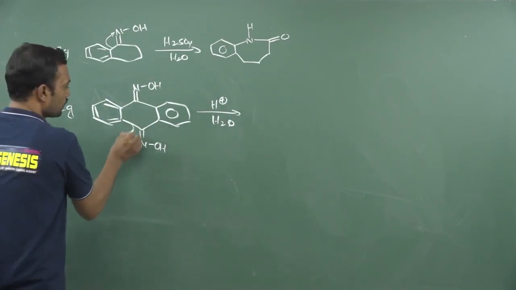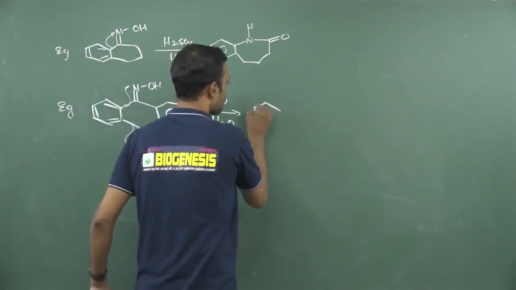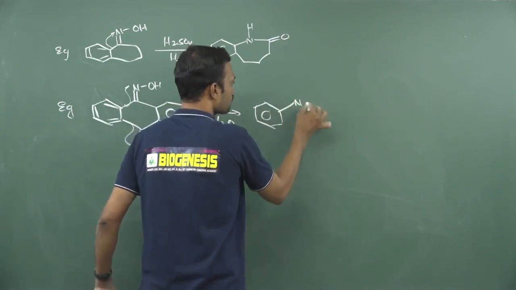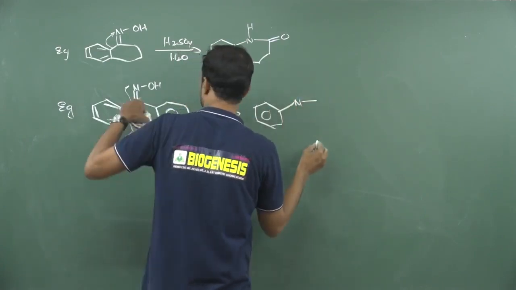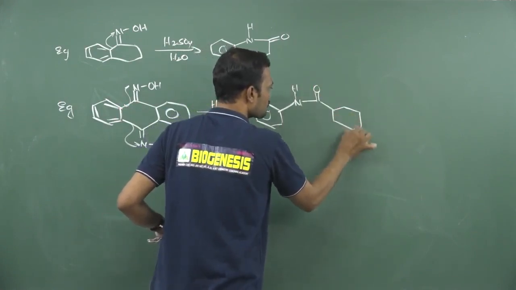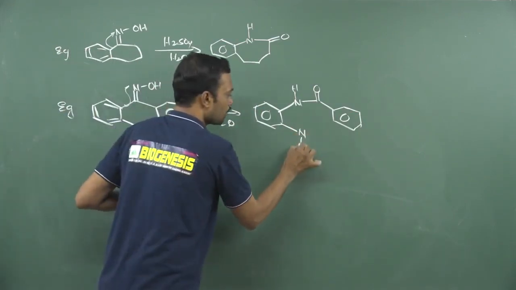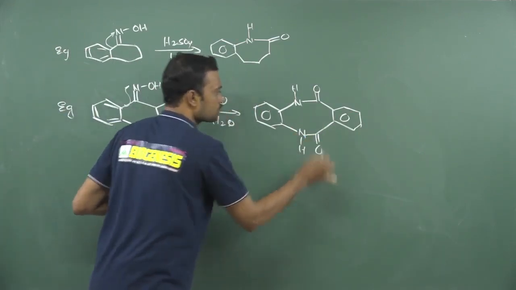See here, this will attack on nitrogen. Now here this will attack on nitrogen. So finally what happens? See here, it will attack nitrogen, and this gets converted to carbonyl. Here hydrogen. Now the aromatic ring is present here. Next here also the same. This will attack on nitrogen. Nitrogen carries hydrogen. Next attaches to carbonyl, and this is the one.